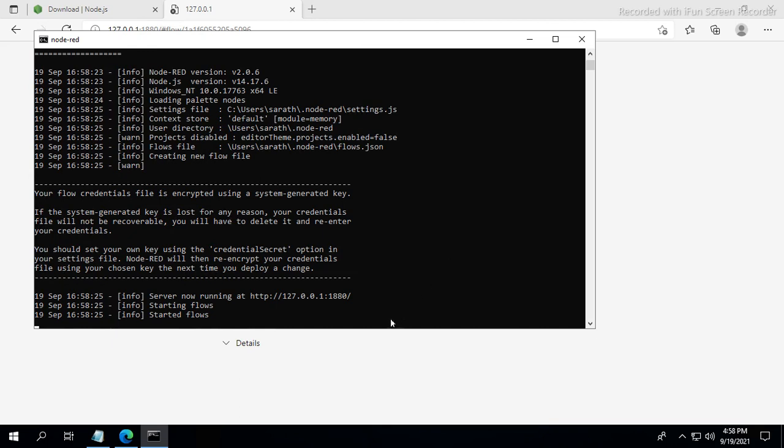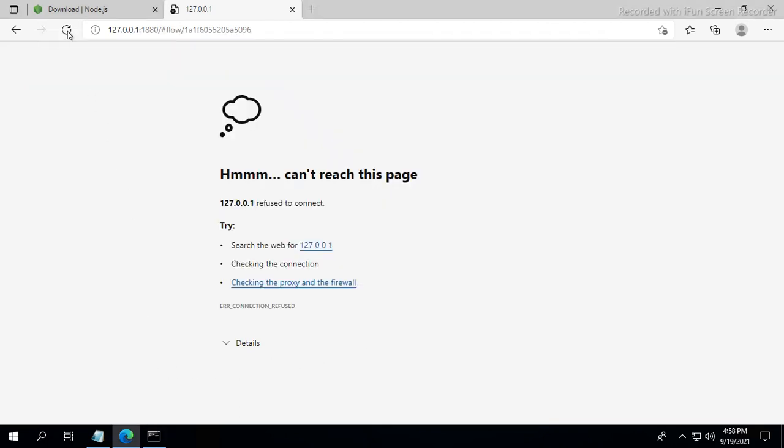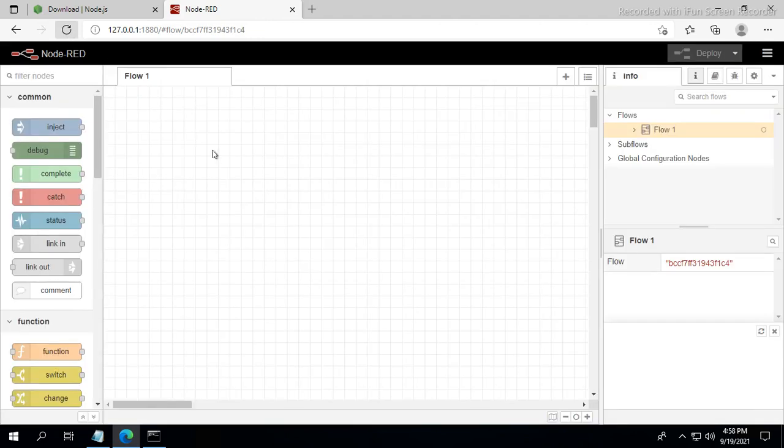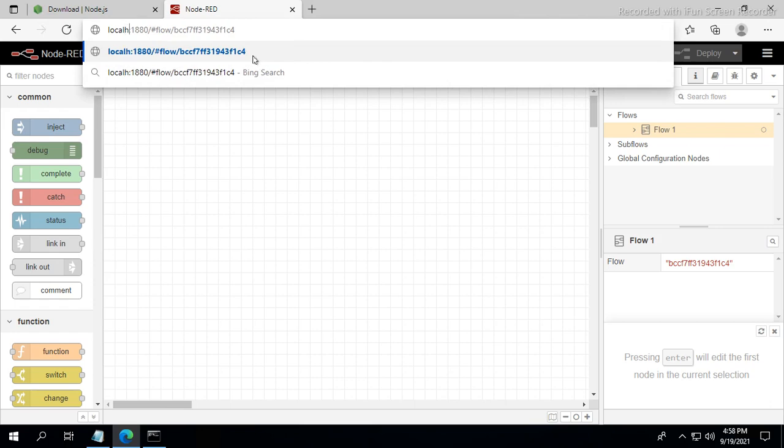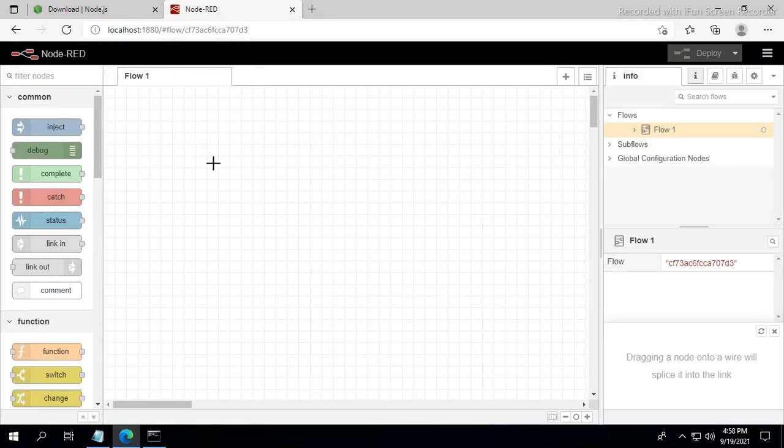Yeah, the Node-RED server has started. Now again I am reloading the page. The page is loading. Instead of 127.0.0.1 we can also use localhost. We will see the same, so both are the same.